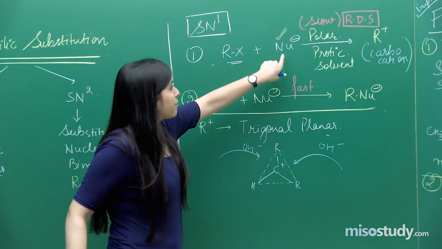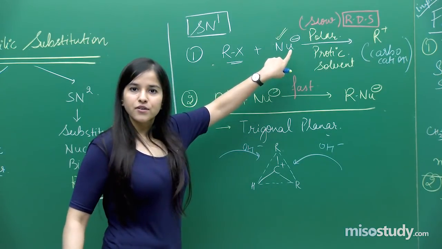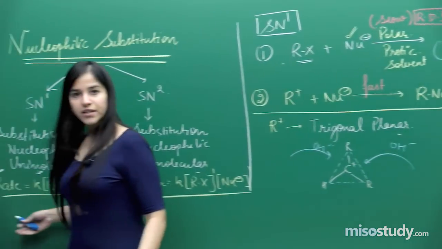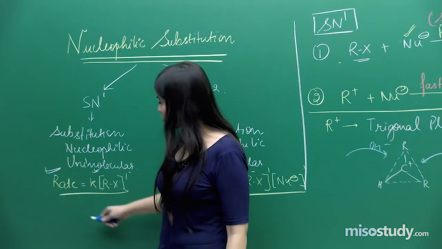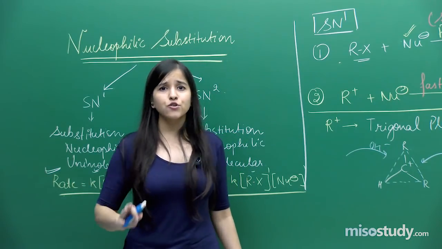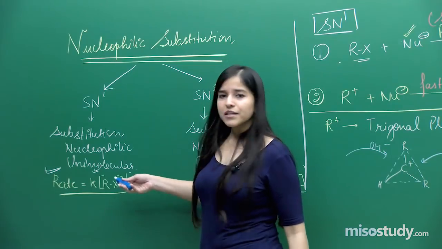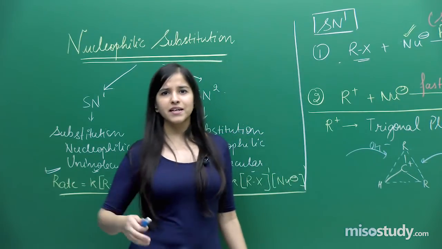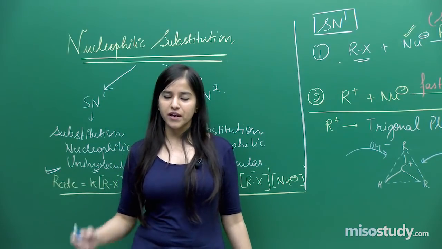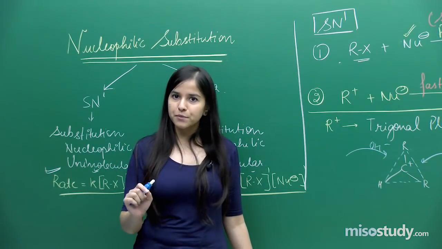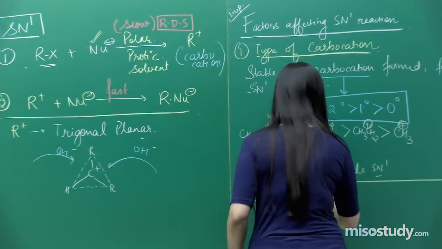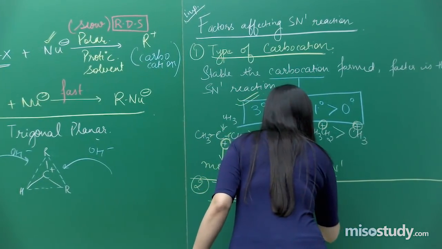So it does not depend anywhere on the nucleophile concentration, right? As the rate equation says it all, there is no mentioning of the nucleophile. That means the speed of the reaction does not depend upon the nucleophile concentration. So I can take either a strong or a poor nucleophile. Over here, it's really specific, we will be taking a poor nucleophile,